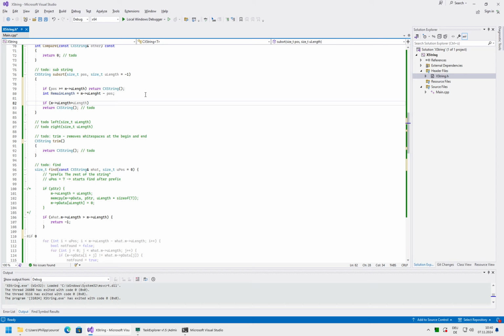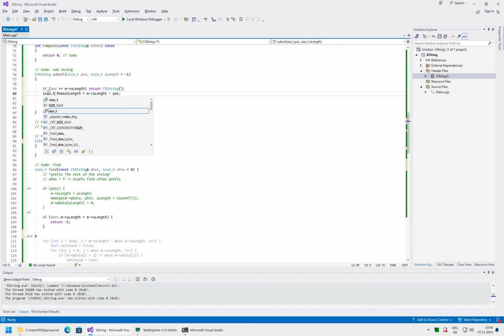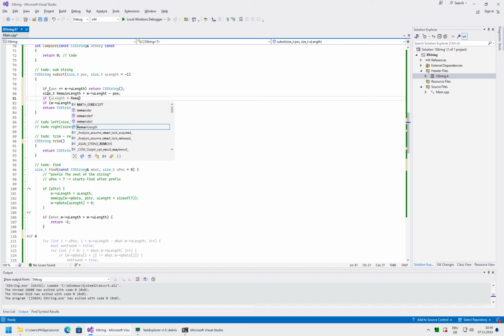First of all, you should make remaining length also of size_t, and then you can just check whether uLength is greater than remaining length, and if it is, then just assign uLength equals remaining length.